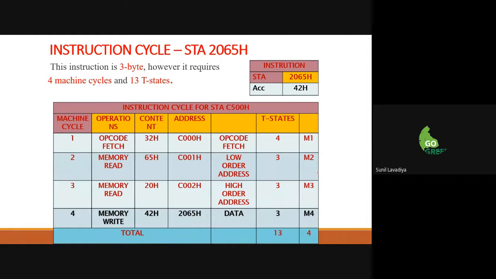Now the fourth part is we have to give the data of the accumulator to that address. The address we have considered is 2065. Now in this step, what we have to do is the memory write operation. Consider the data of the accumulator is 42. In this question, the data of the accumulator is not given, so you can consider any other data also. But from a reference point of view, I have considered the data is 42. That 42 comes here. The rest of the things are as it is.